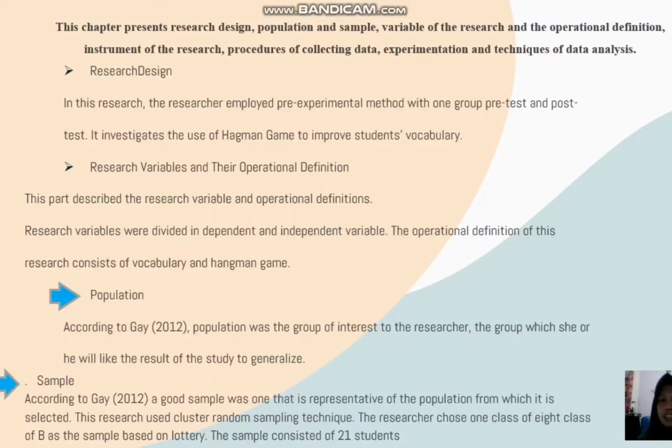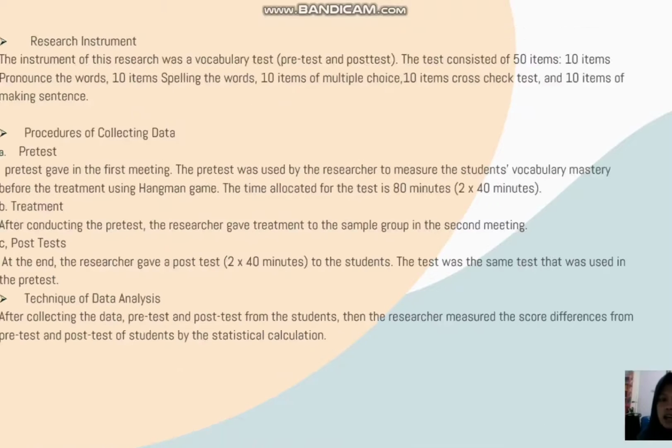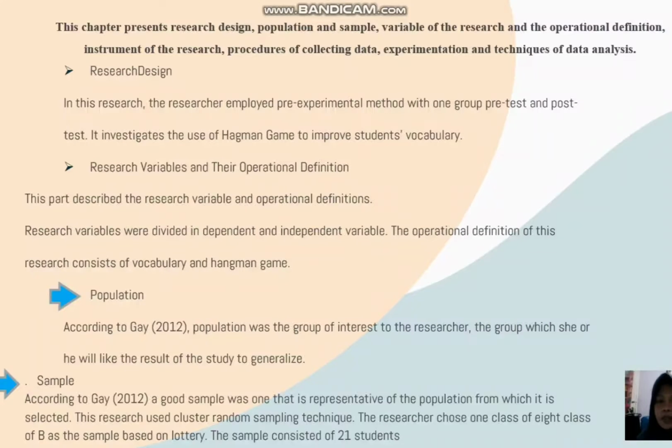And population, according to Gray 2020, population is the group of interest to the researcher, the group to which the researcher would like the results of the study to be generalized. And then sample, according to Gray, a good sample